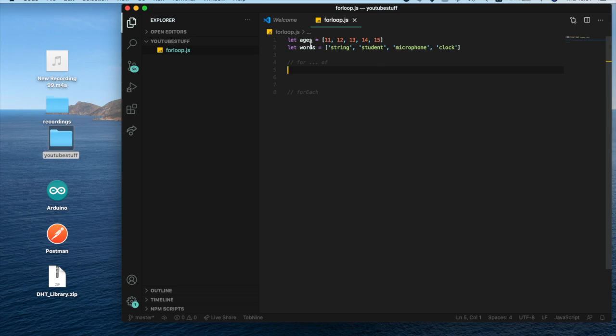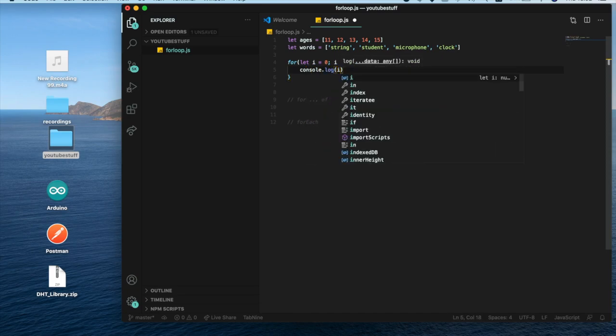So I've made two arrays here called ages and words that we can use. So to start with, for of has a syntax like this. So we declare a normal for loop like this. Now in a normal for loop you do this, right? So for let i equal 0, i is less than, I'm just going to put this above this thing here. i is less than ages.length and i plus plus, and let's say we want to print it out. We'll do console.log ages[i],